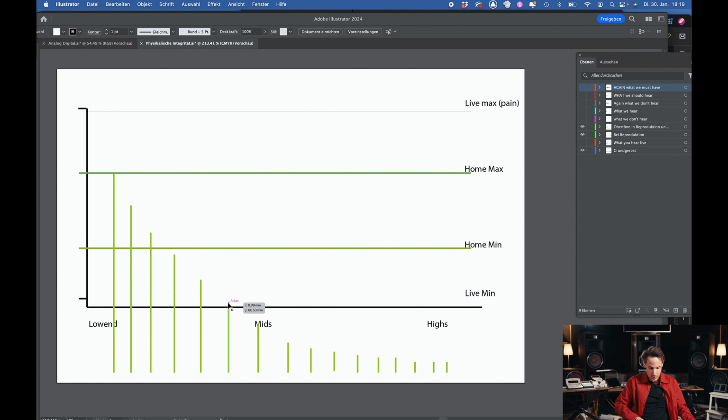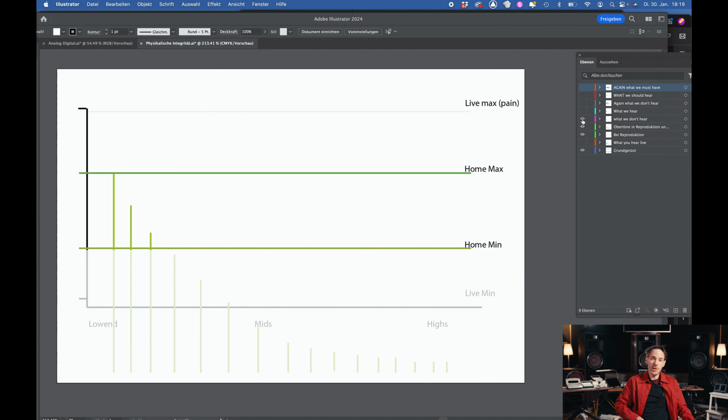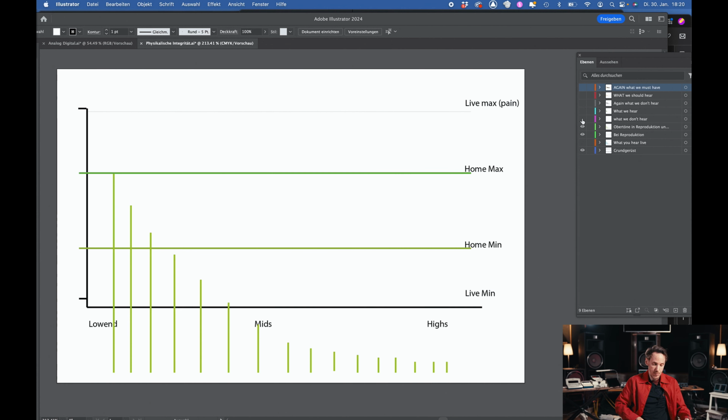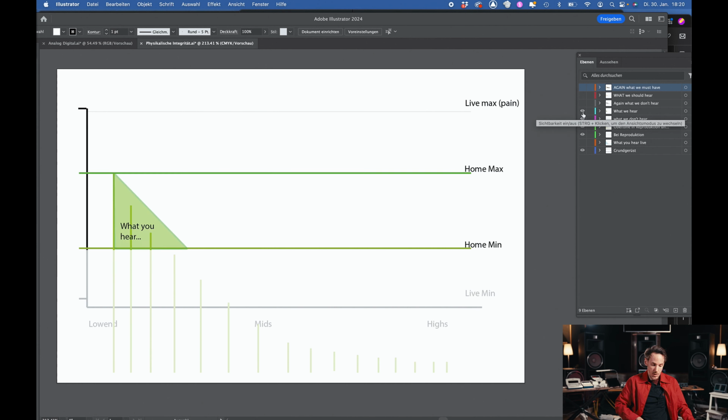Now what happens with the harmonics? They are even more down than before. And if you look now at how far they are away from the home minimum, I say there's just no chance at all that those upper harmonics could be heard at home. So what is heard at home is just what is in this window. That's really not that much. Maybe you hear 5 harmonics, whatever, but you just won't hear a lot. So this is what you hear at home, and this is what you don't hear, and that's the maximum.